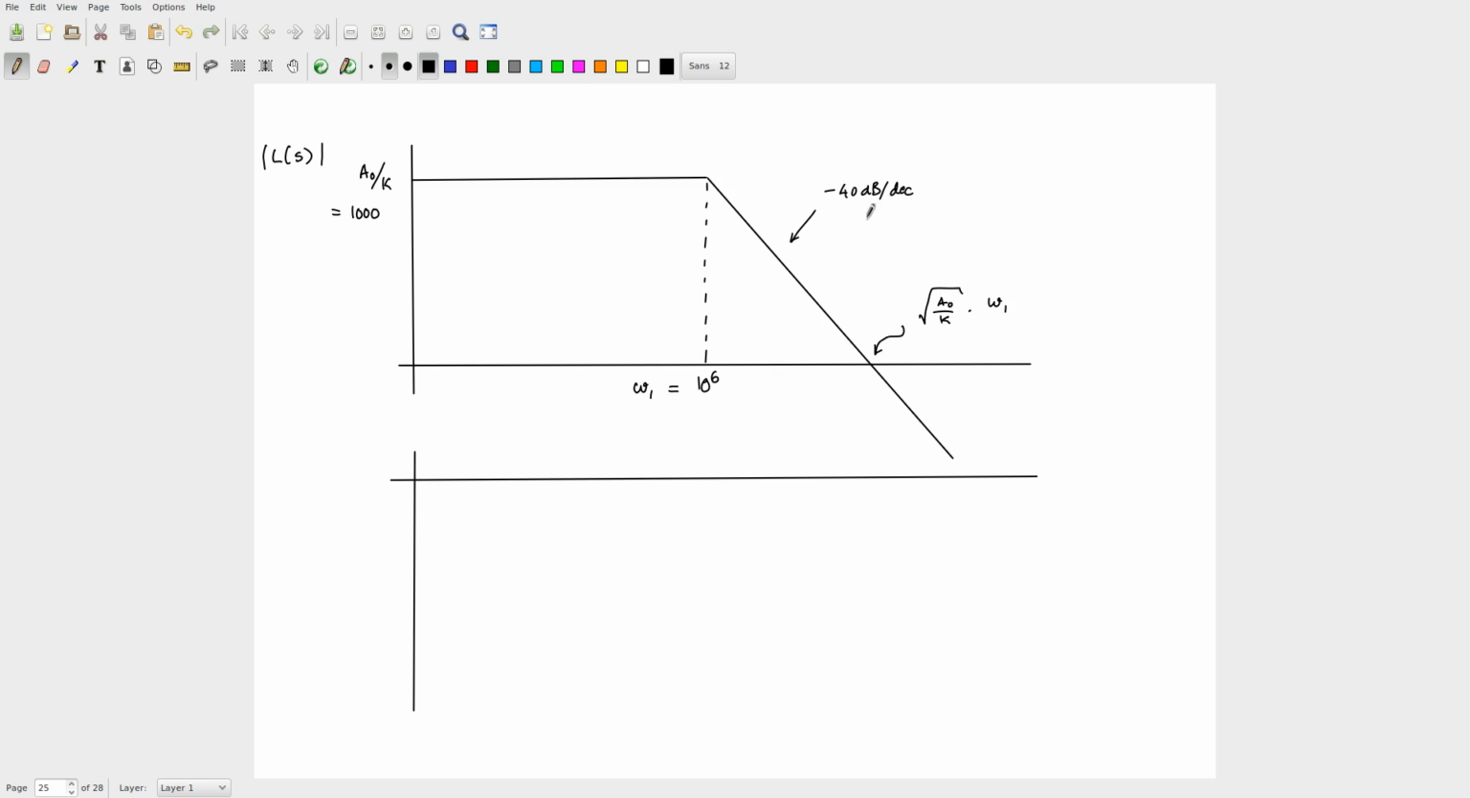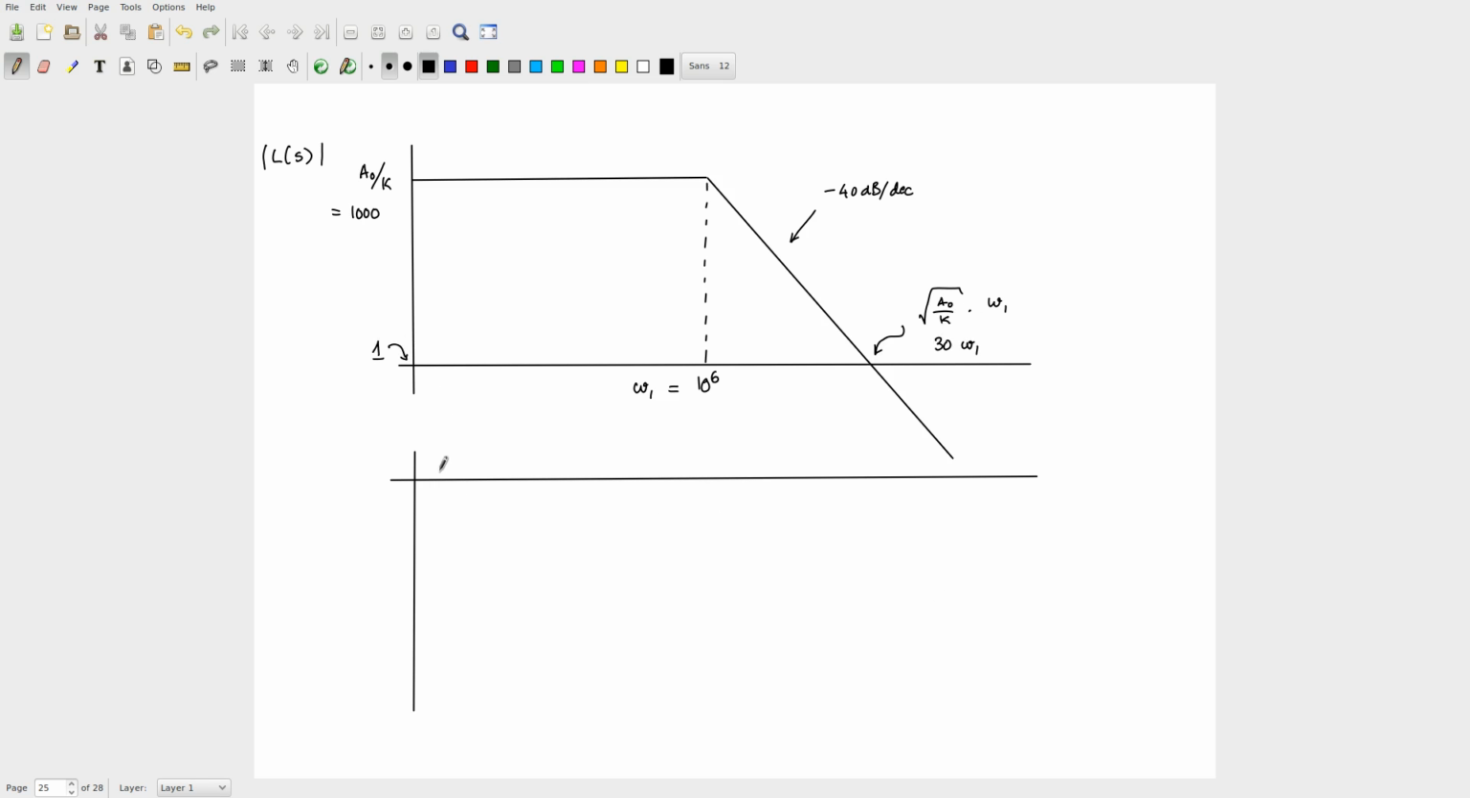Because this is a 40 dB per decade roll off. Does everyone see this? If it were 20 dB per decade, it will just be A0 by K into omega 1, okay, for that this is 1, sorry, that is 1. Okay. So what is this? What is square root of A0 by K roughly? 30, right? So this is 30 times omega 1. Okay. Now